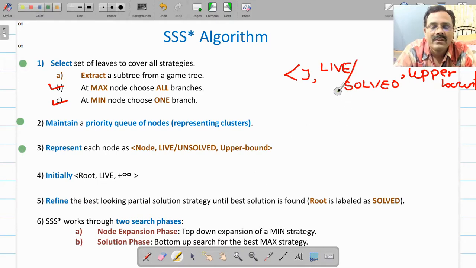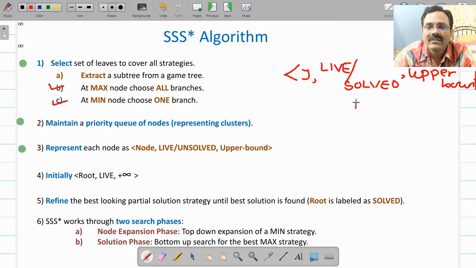So you will find out, therefore this algorithm is similar to your AND OR graph algorithm also, because if you look at, you recall the first step where we have selected set of leaves which are covering all strategies.